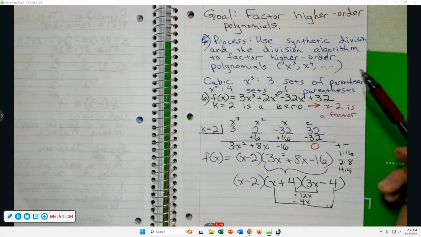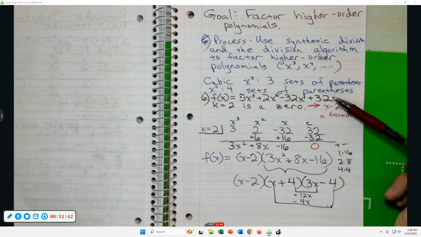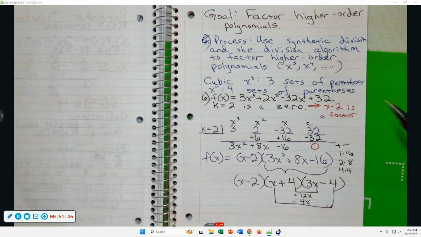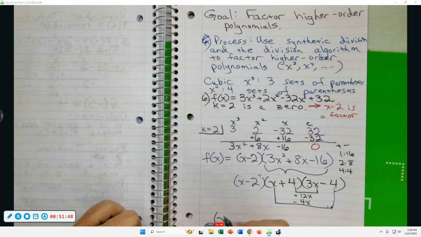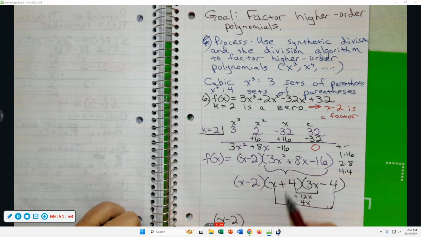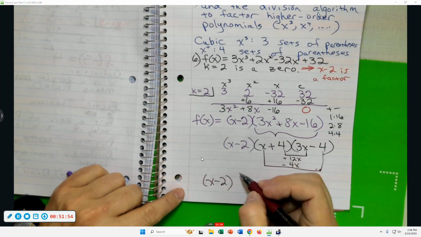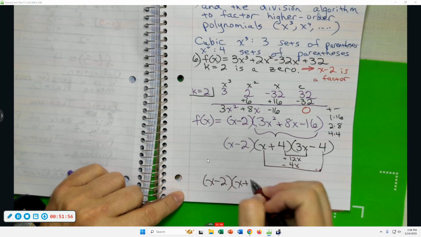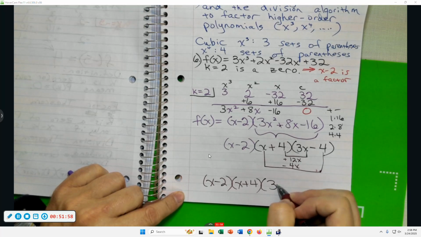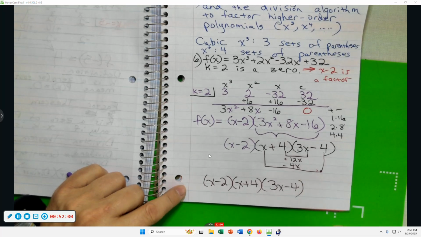We have just now factored a third degree polynomial equation. x minus 2 is one of the factors. The other factors are x plus 4 times 3x minus 4. If you have time this week,